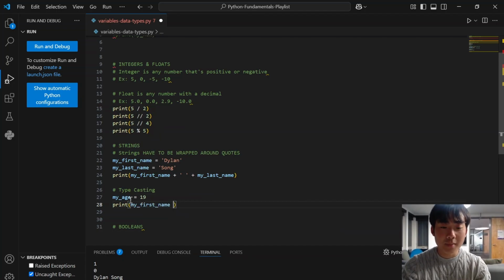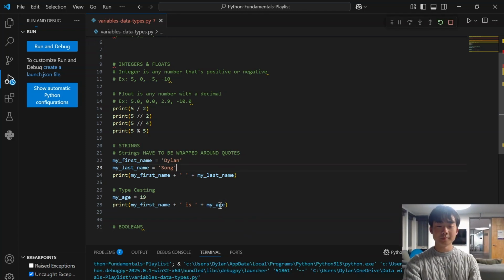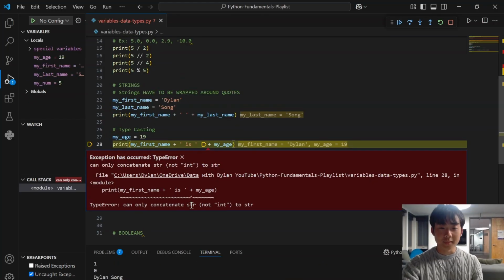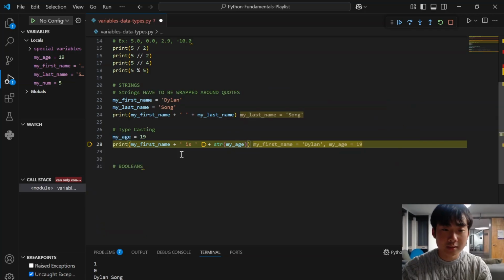So I'm gonna say my first name, and then plus, and let's just see what happens if I do my age. Because you expect it to be Dylan is 19. If I run that though, it says that we have a type error because it can only concatenate string to a string. So that's the issue. We have to typecast this into a string so that we get,